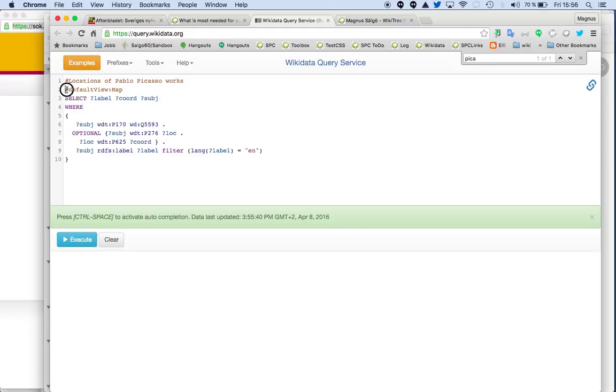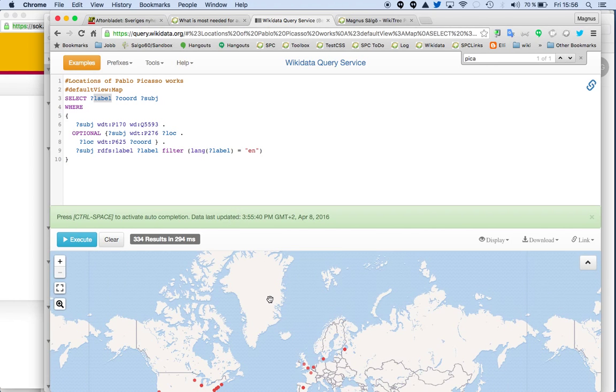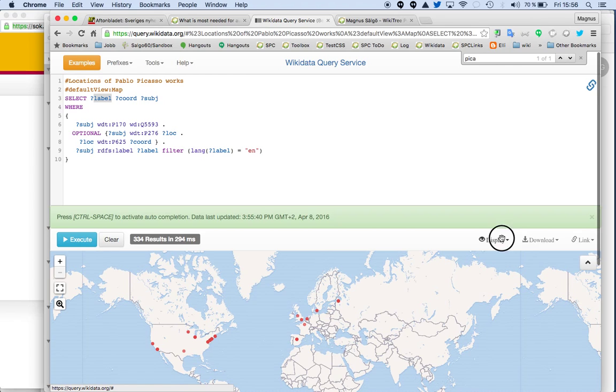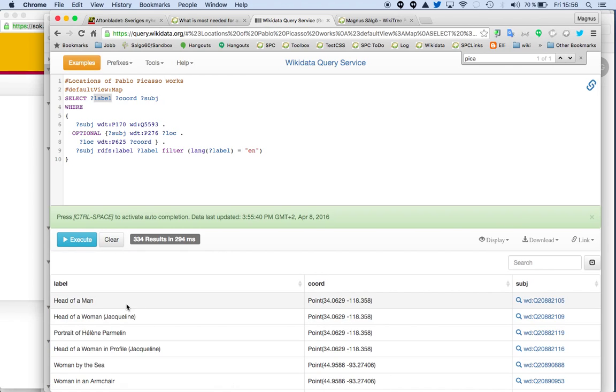So this search, they say default view is map. They tell the label which they define as the work, creative work he has done. Coordinates is geocoordinates. So then we do an execute here, we get this map displayed, and if we look in the table, then we can see that we see all his pieces. And the reason we found it is, I think, because this